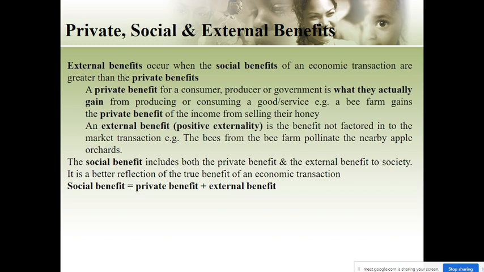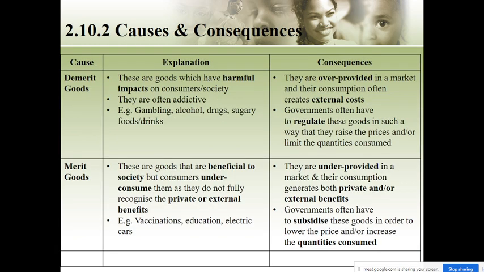Okay, the social benefits include both the private benefits and the external benefit to the society, which is a better reflection of the true benefit of an economic transaction, such that social benefit is equal to private benefit plus external benefits. Okay, the last is that